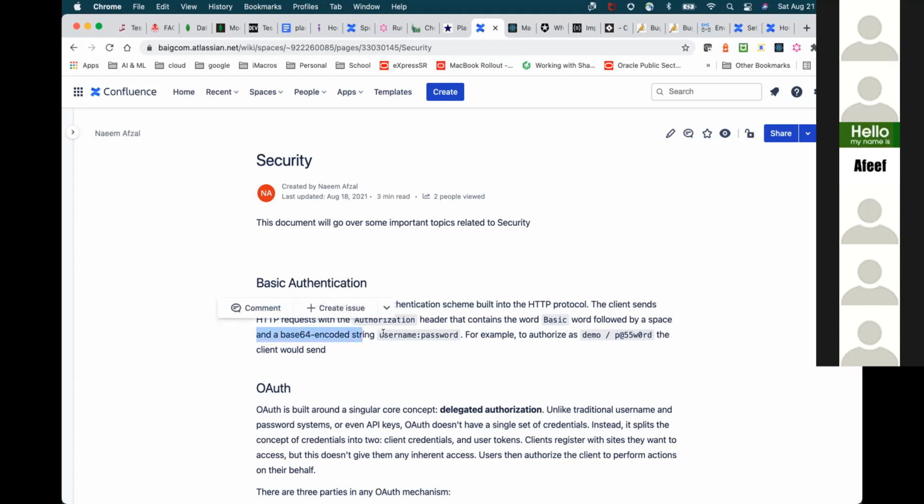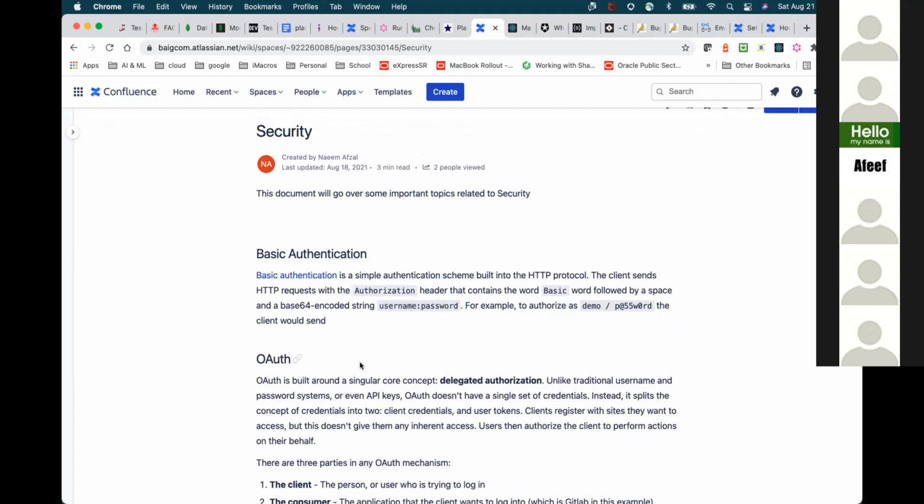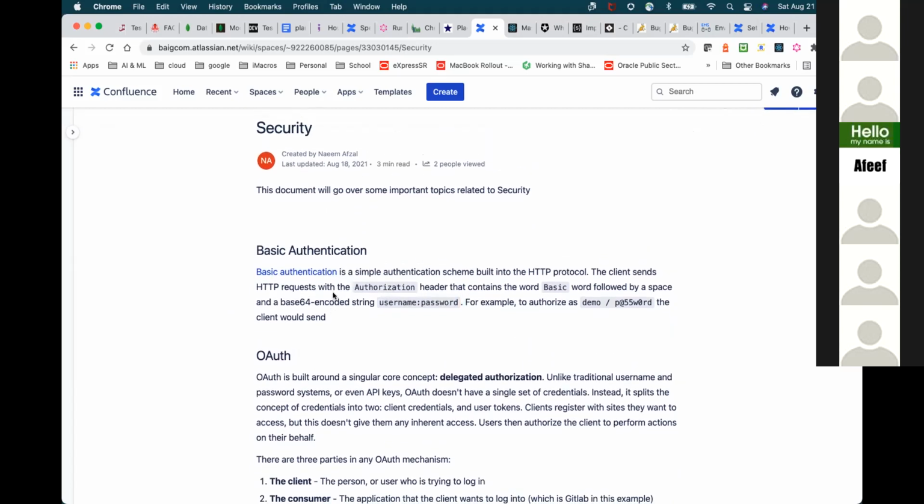In this form it is sent to the server, so that the user ID and password cannot be easily stolen. That's why it is base 64 encoded as well. So this is our basic authentication, where we are maintaining the user information, the password and all those details ourselves.